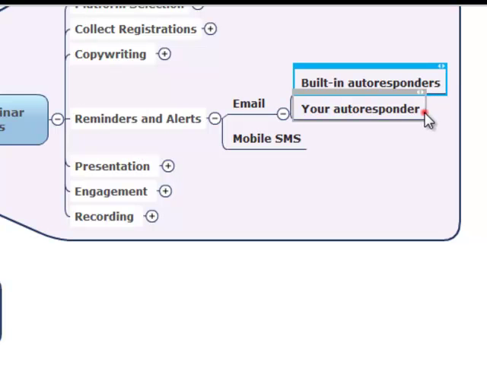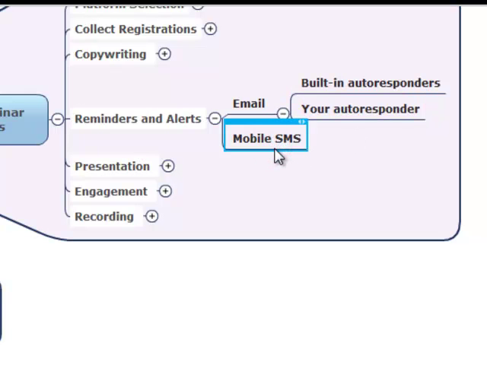If you have your own autoresponder system, if you're using something like Aweber or GetResponse or Constant Contact or MailChimp, then you can set that up separately so that people will have an email alert. You can also, again, use mobile SMS text messaging to alert, and that's a very, very good thing to do,